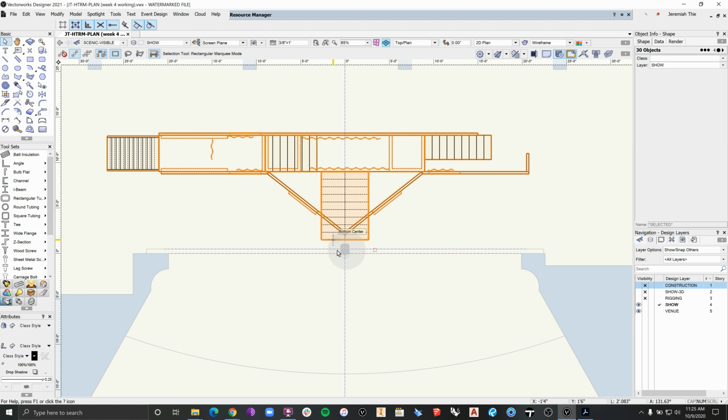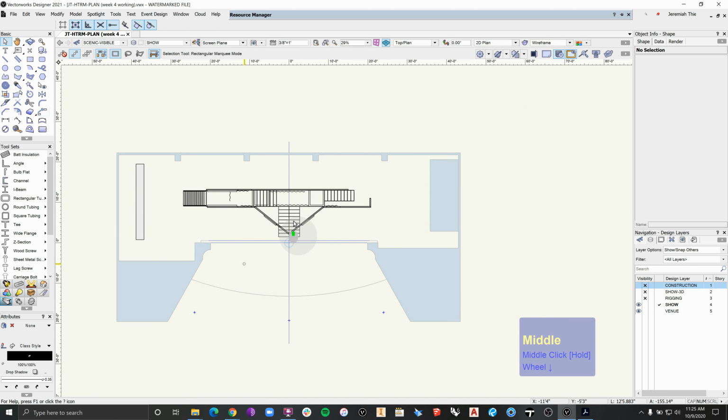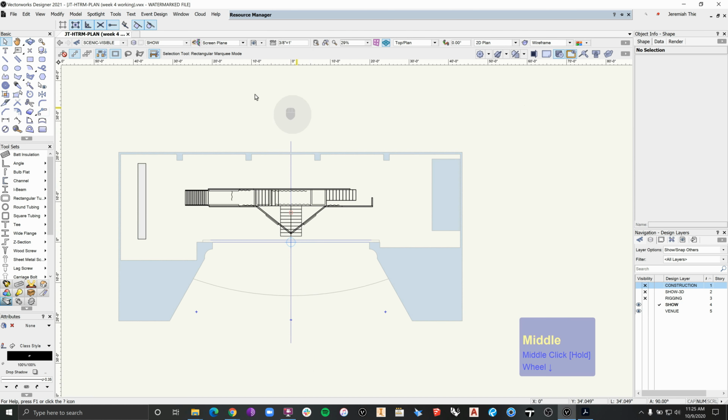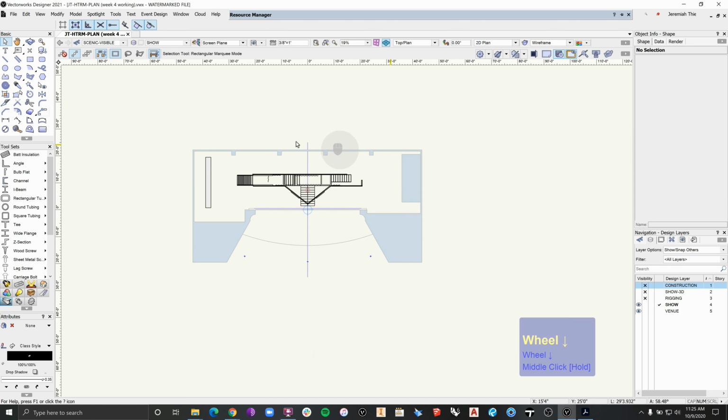And now you can see these stairs are relatively close. They're about as far downstage as anyone's going to want them. And the actual position of our set is now correct, because for our section, we're going to be drawing a bunch of lines that represent where all these bits are, and it's really important that we do them with this in place. The last thing I'm going to do before we move over to section is I'm going to save